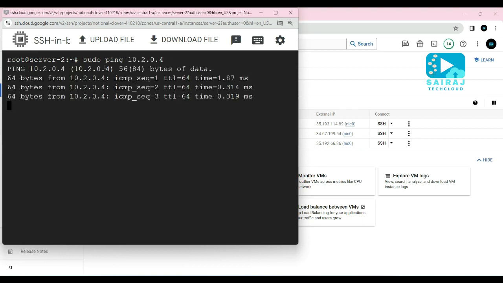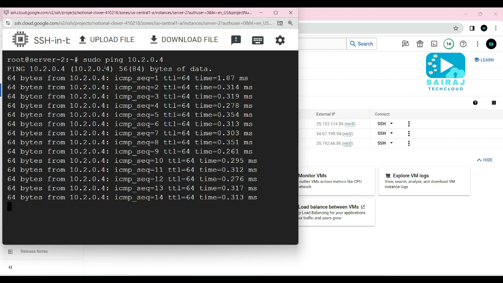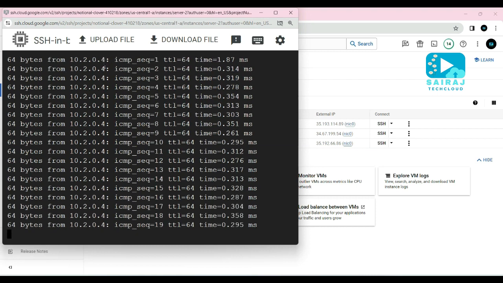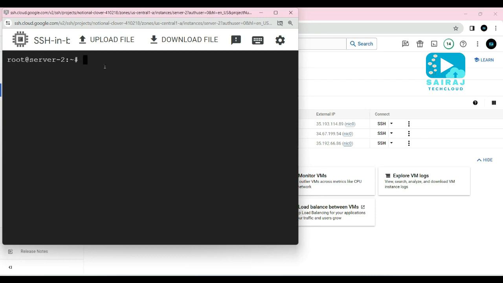As you can see here, server 2 communicates directly with server 3 and all the packets get a response from server 3. Then press Ctrl C to stop, then Ctrl L to clear.